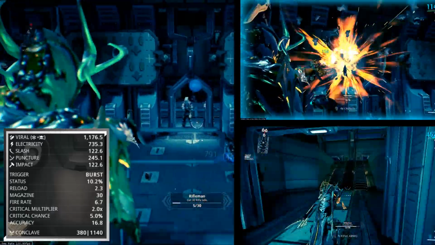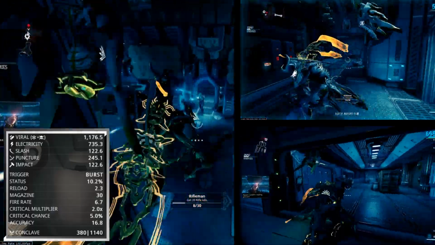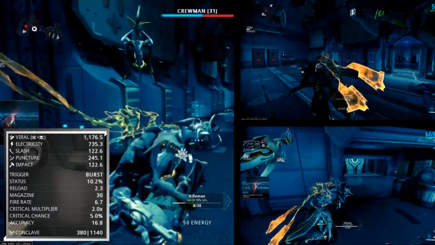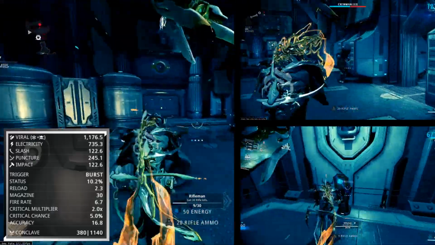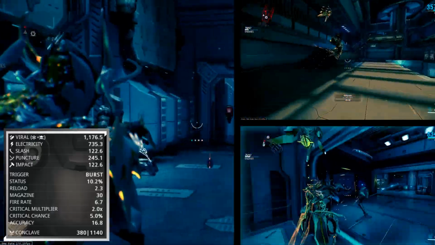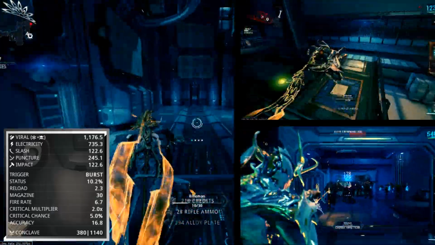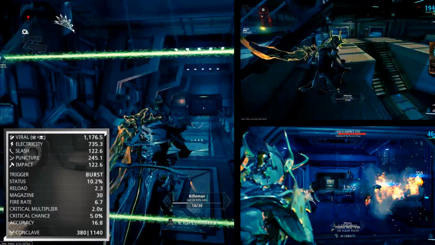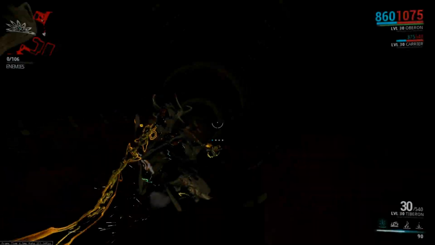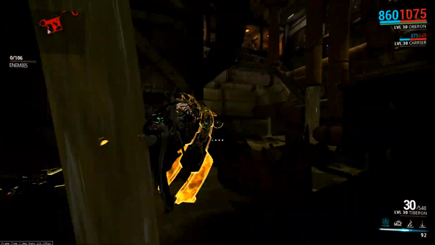It does 1264.2 damage per round, 3792.6 damage per burst, and on multishot it does 2528.4 damage per round and 7585.2 damage on bursts. On the Grineer loadout, we use a viral and radiation combo not only for the damage buff against the Grineer enemies, but also for